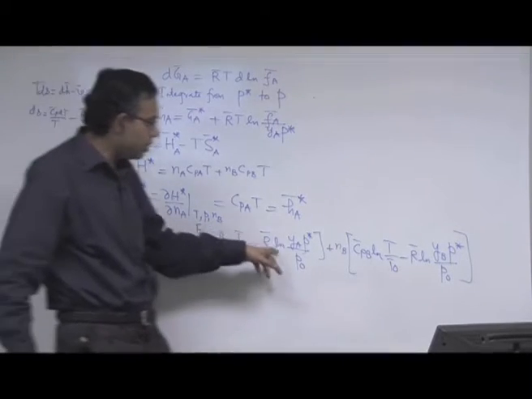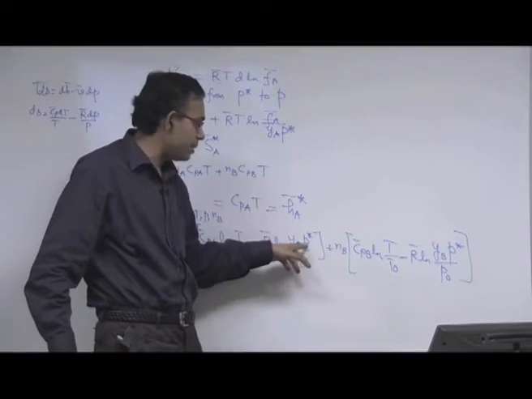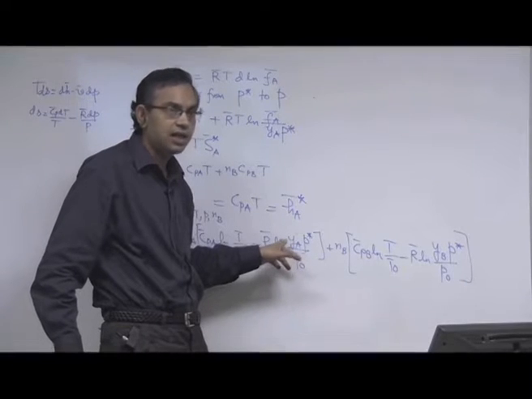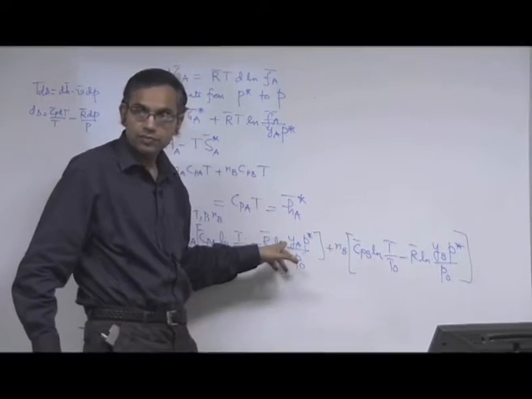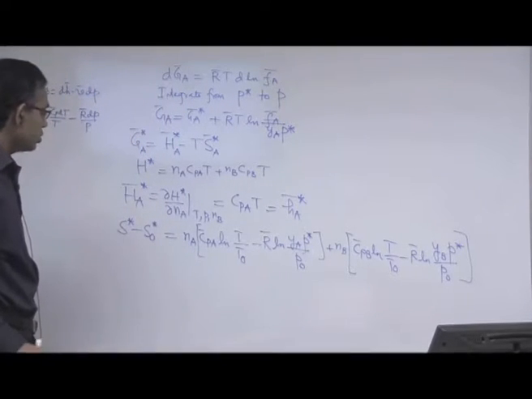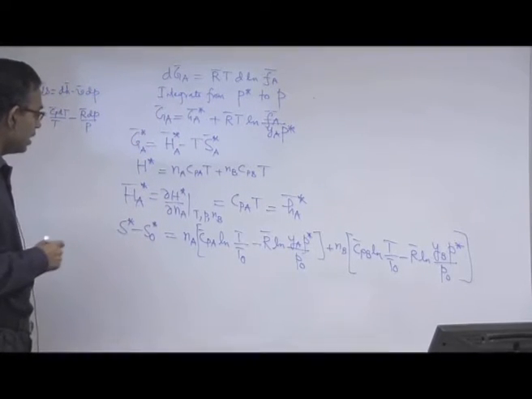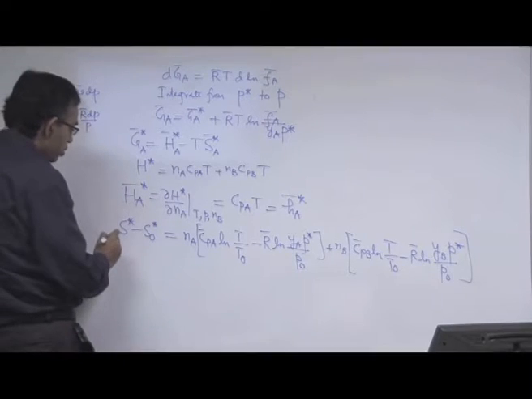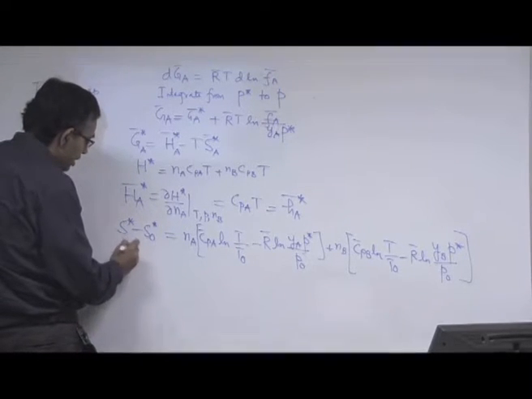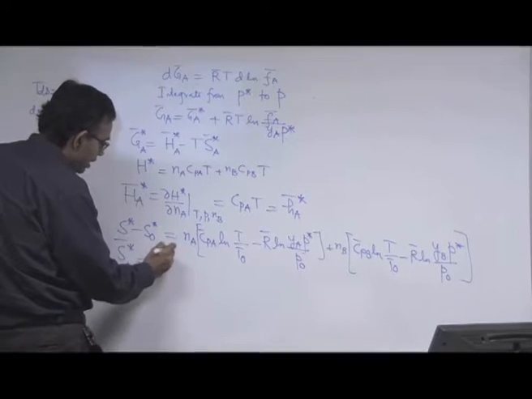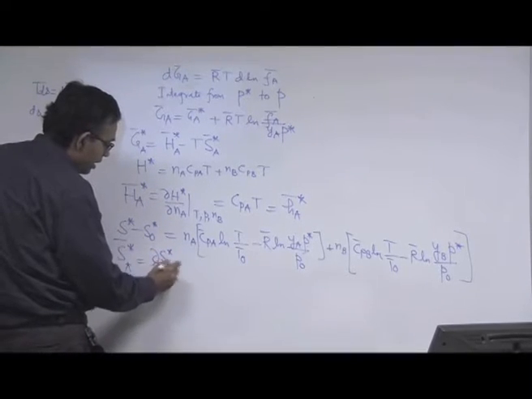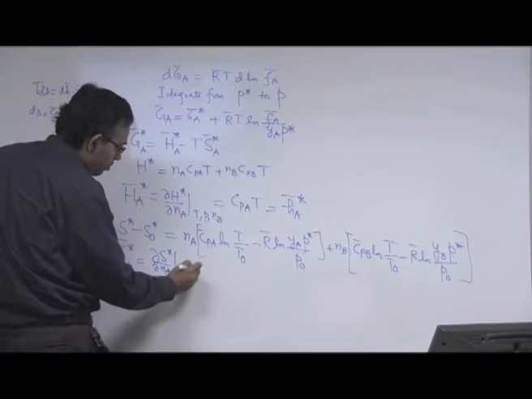Okay. So this is called a calorically perfect gas, for which Cp is a constant, so you can take this out. And here, because of the mixture, you are basically writing the partial pressure, that is, the total pressure times the mole fraction. Okay. So this is S star minus S0 star. So what is S bar A star? Del S star by del Na at T, P, Nb.